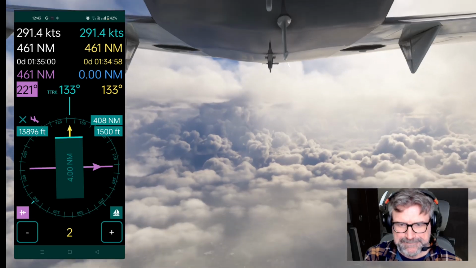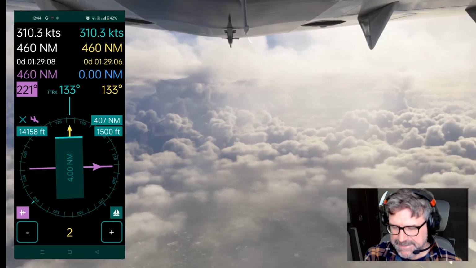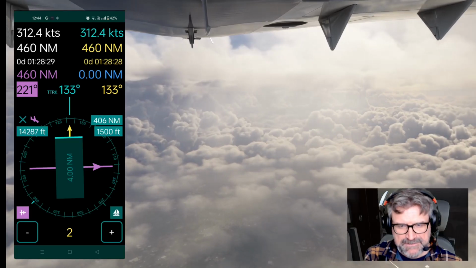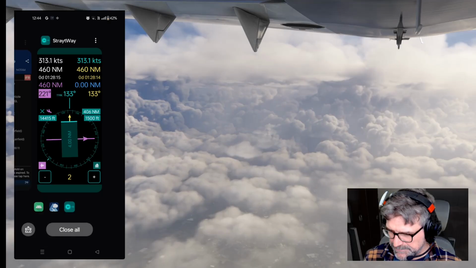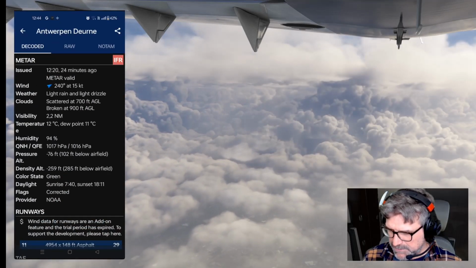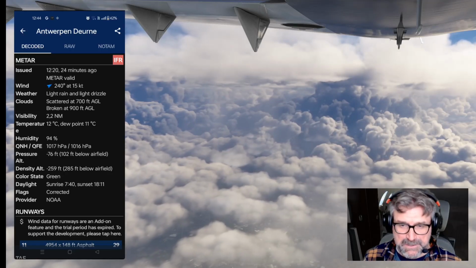Belly camera. And well, this was not VFR. I don't think so. If you go to, you see, it was IFR. Antwerp was IFR. So normally you should, of course,